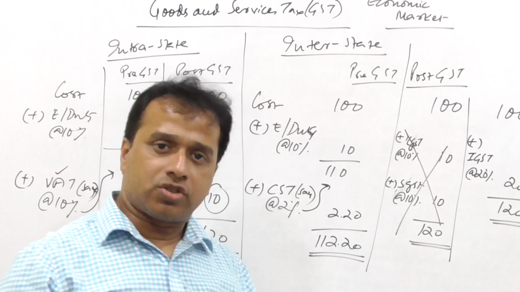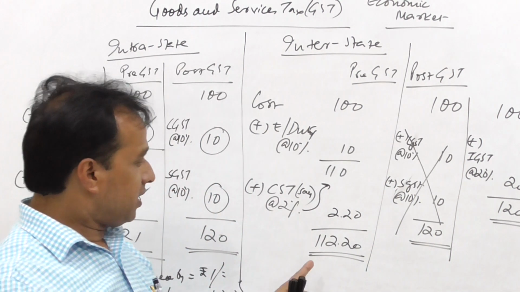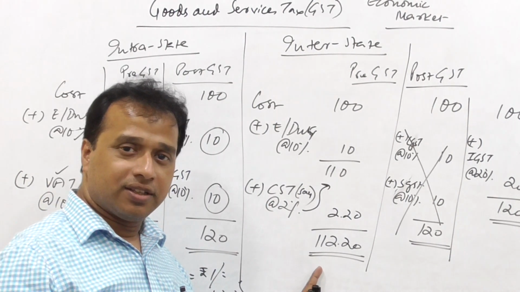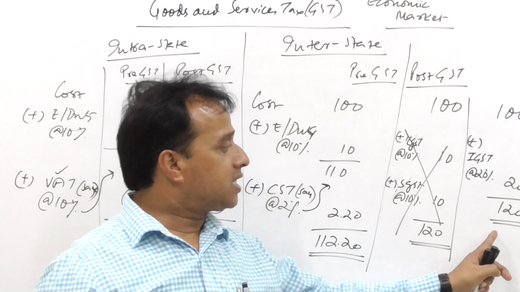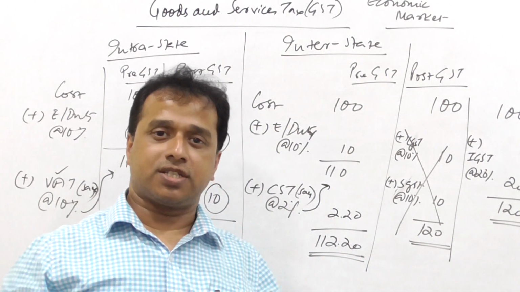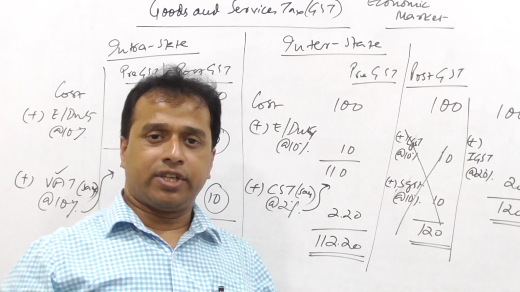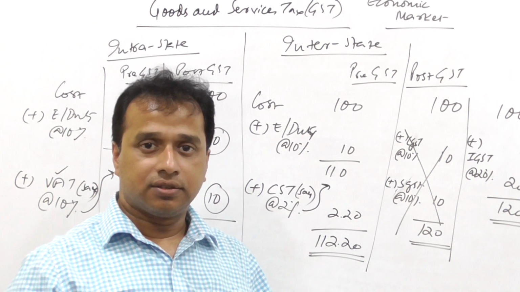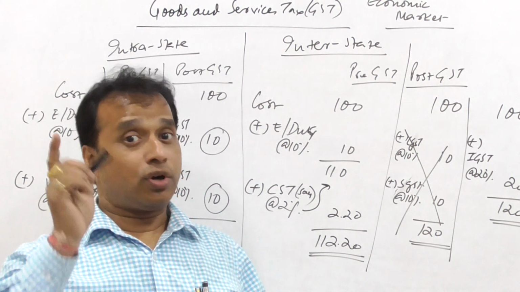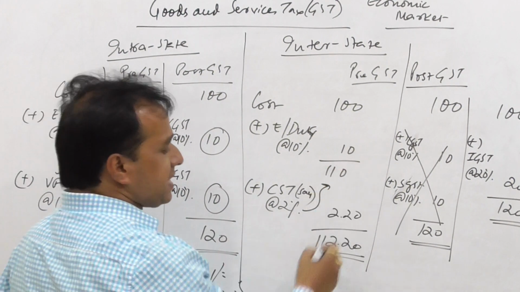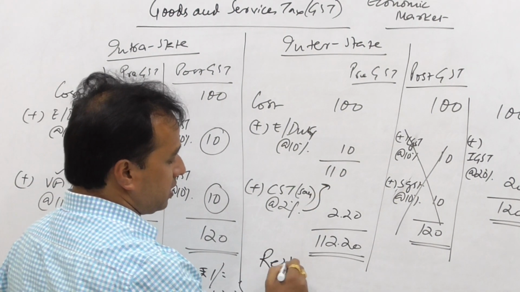Then you would ask me a question therefore. Sir, this is 112.20 over here. But under GST era it will be 120. GST is not doing good for us. Anything which is sold from one state to another state, is it going to be costlier? No friends, this will not be costly because there are certain restrictions